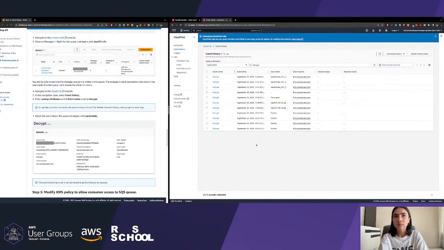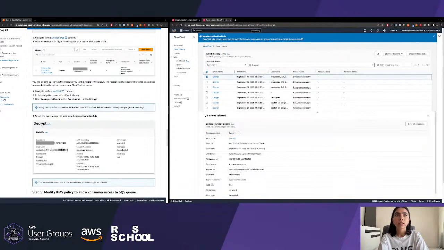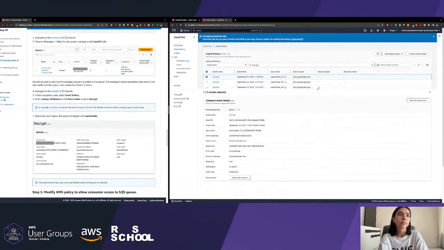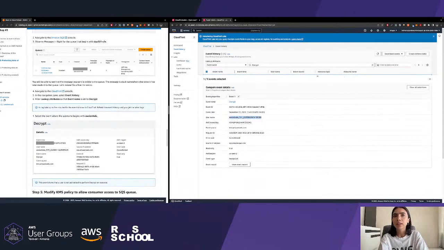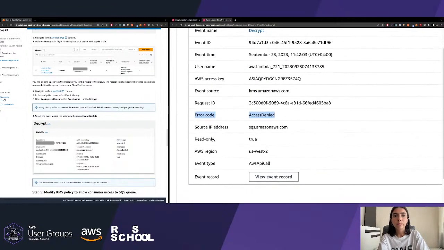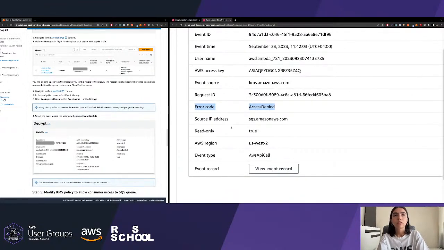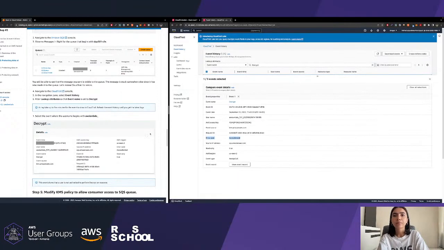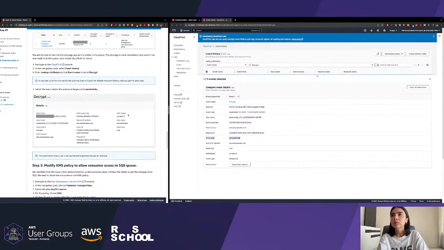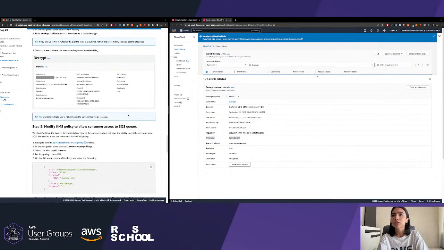It may take some time, so you just need to go and update it if you don't see any logs, but we can see the latest one, and as you can see it is related to the AWS Lambda function and our keys. So access denied error code. Okay, this one. So this means our Lambda function doesn't have any rights to receive encrypted messages from the SQS queue.